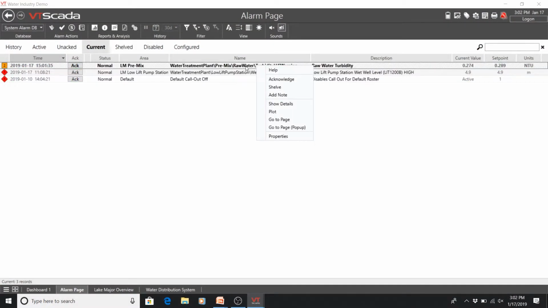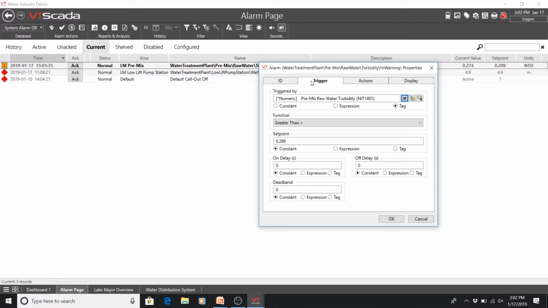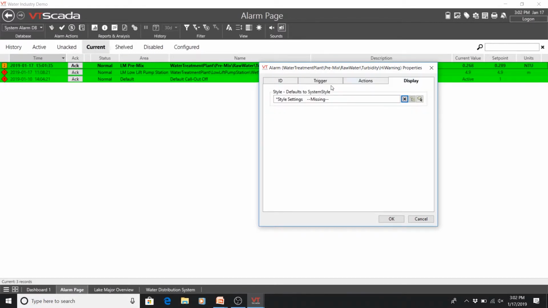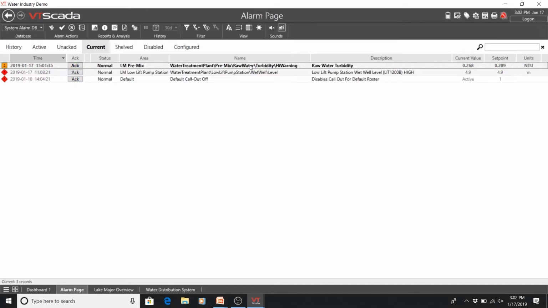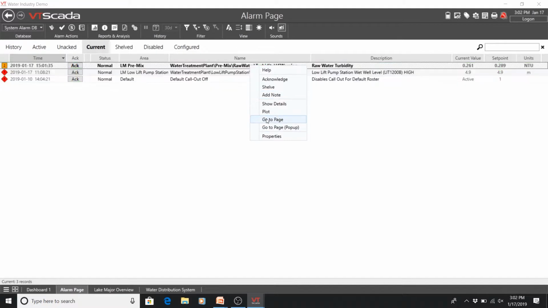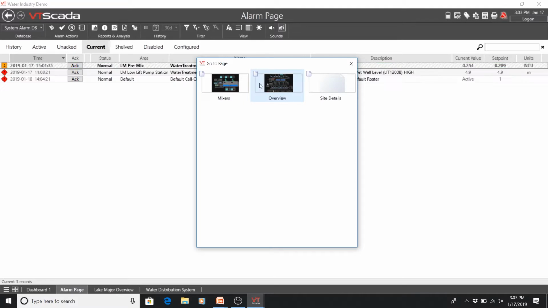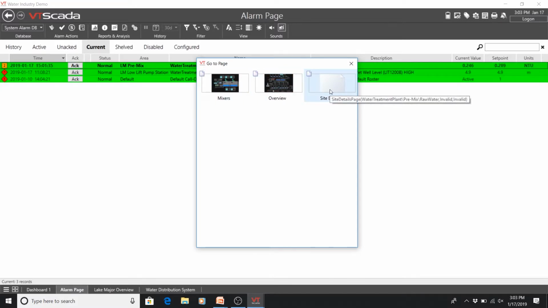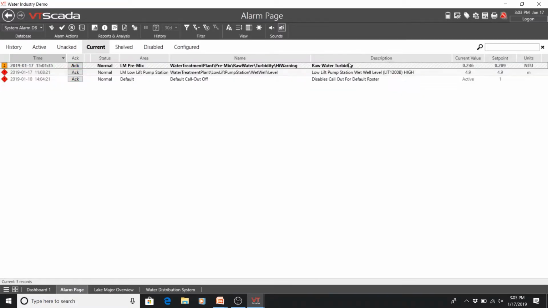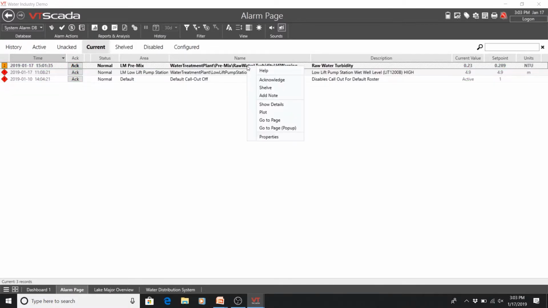So let me look at this point, this high warning. I'm going to click on that point, and I can actually go look at the properties within VTScada. I can look at what's causing it, actions and displays and whatever else, and that's fine. I could also, as Glenn was showing earlier, if you happen to see this one before lunch, right-click and say, let's look at the page where that's coming from. So we can now click on one of these other displays and see what else might be attached to that point. And those are all great and wonderful parts. Glenn showed a few other things as well on alarm configurations, but that's not necessary for now.